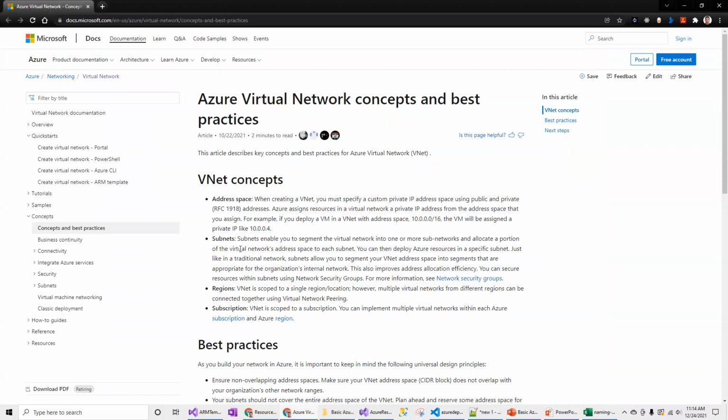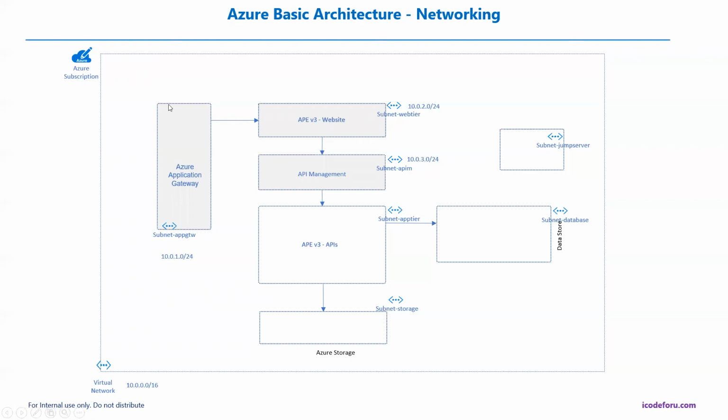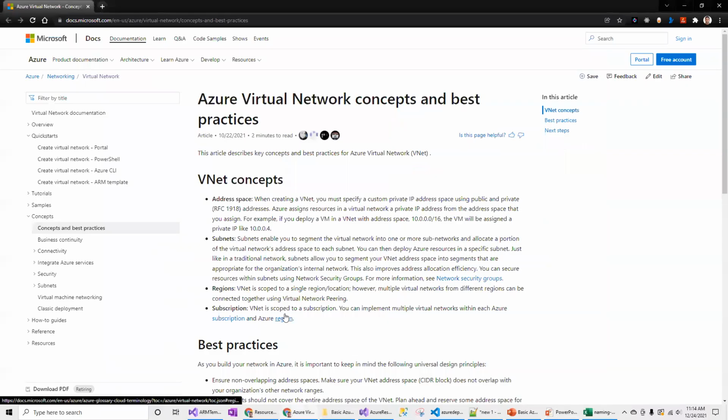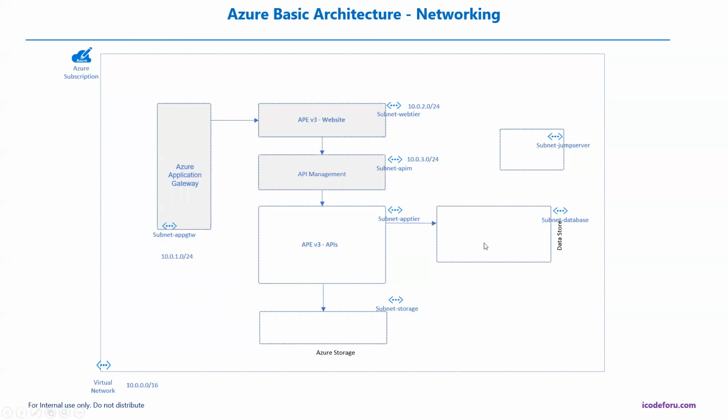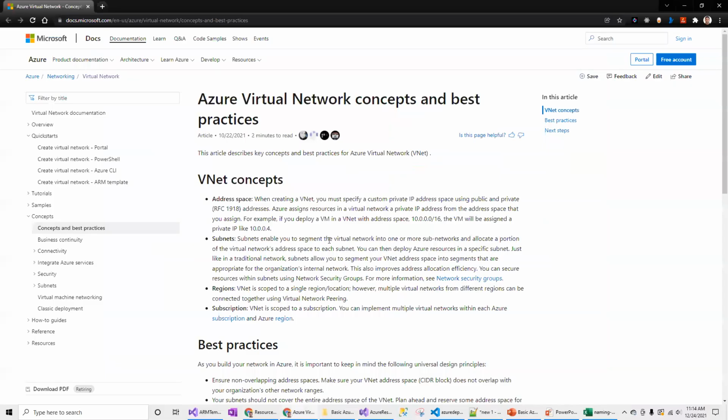And then you need subnets. As per the diagram, you will be creating the subnets, which basically segment your resources. All my jump servers are going to sit in one subnet. All my application gateways will be in one subnet. All my app service environments for the web tier are going to be in one subnet. That's how you need to think when you are creating the subnets.